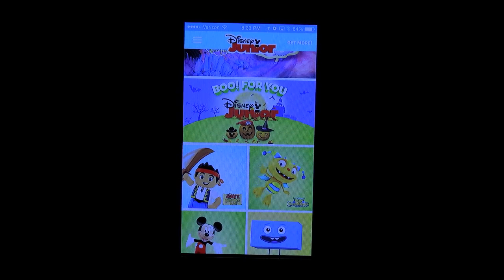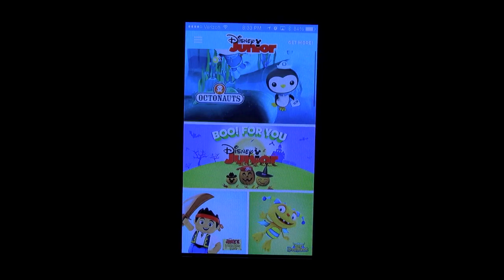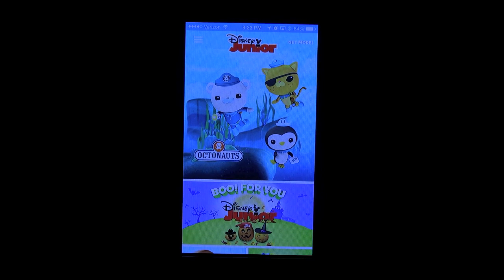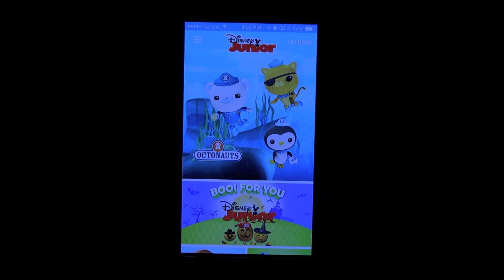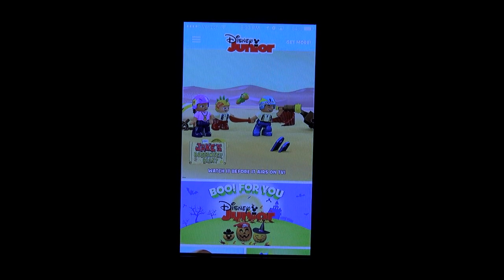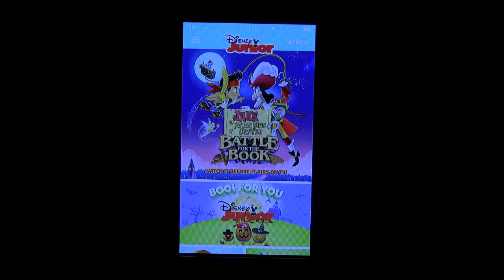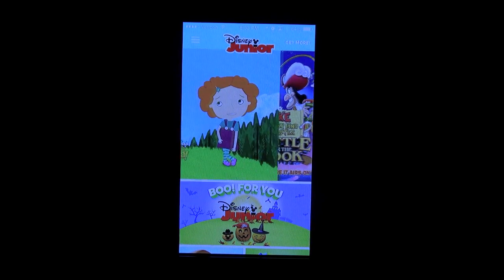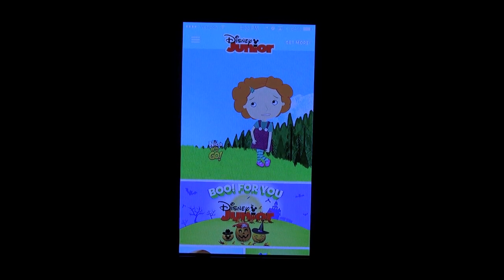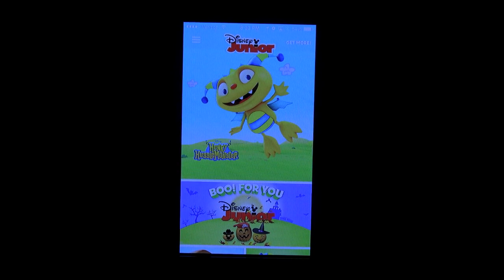One of the first things I want to note before we really go through it is that this is connected to your cable service provider. I'm already logged in, but one of the first things that this app will ask you when you first purchase it is to connect it to your cable service provider. So for example, if you have Verizon Fios, it'll link you to your user ID and password for your Verizon Fios account. And once that connection is established, then you can begin using the app.